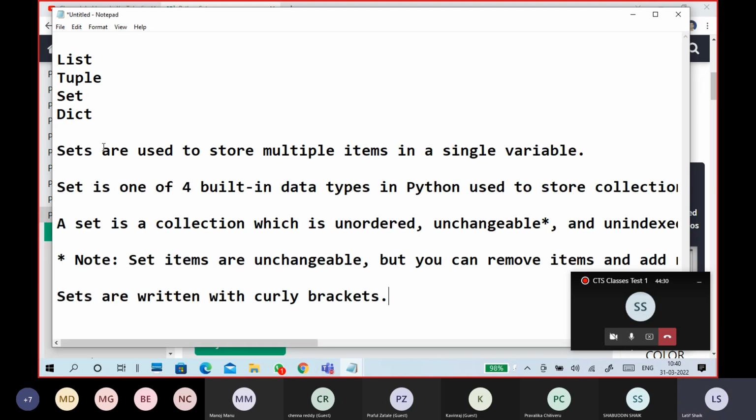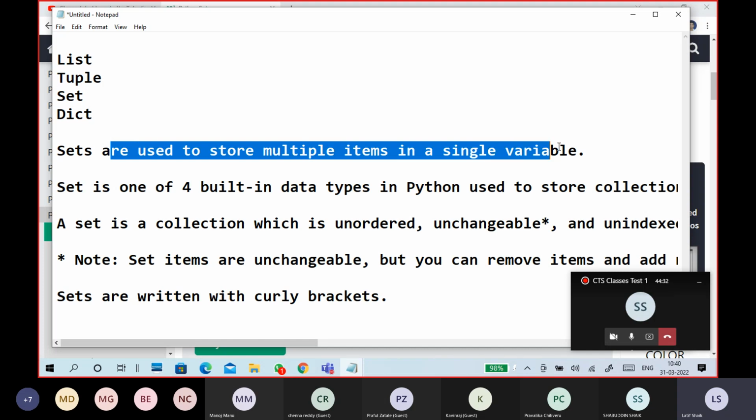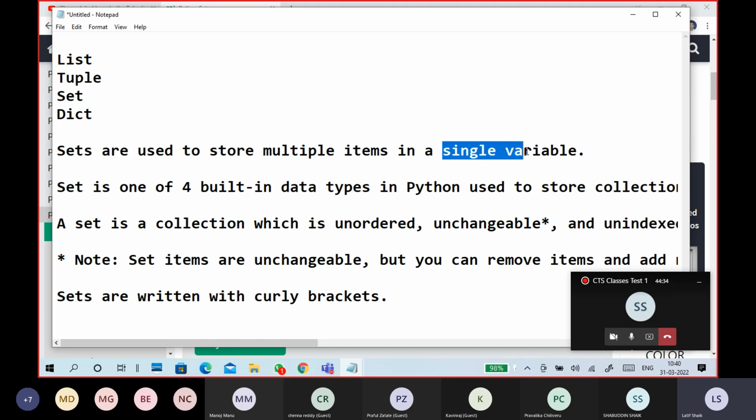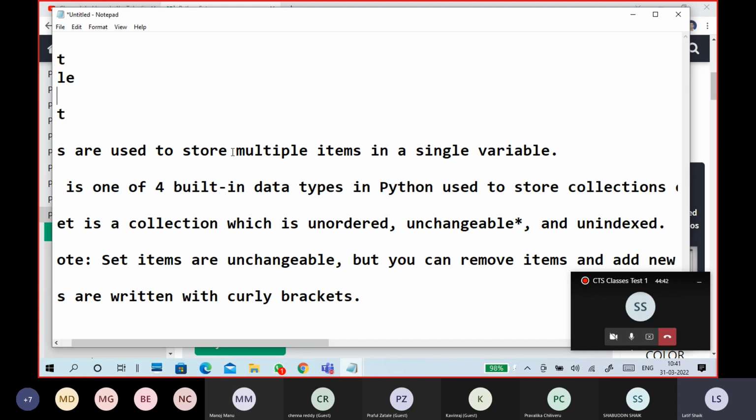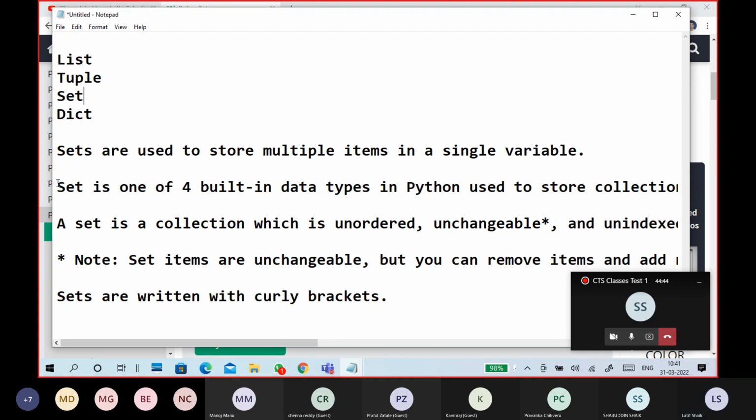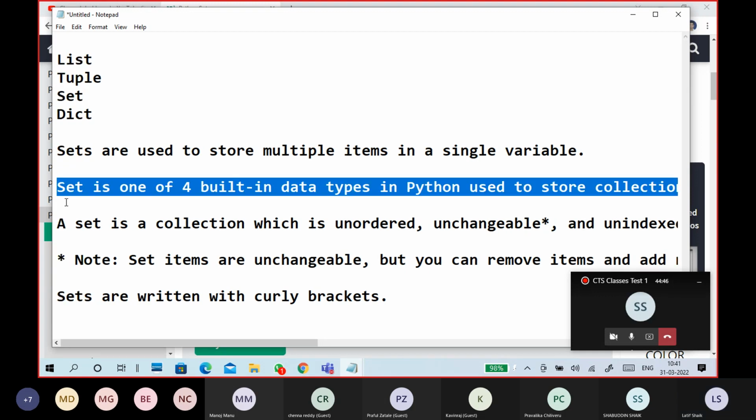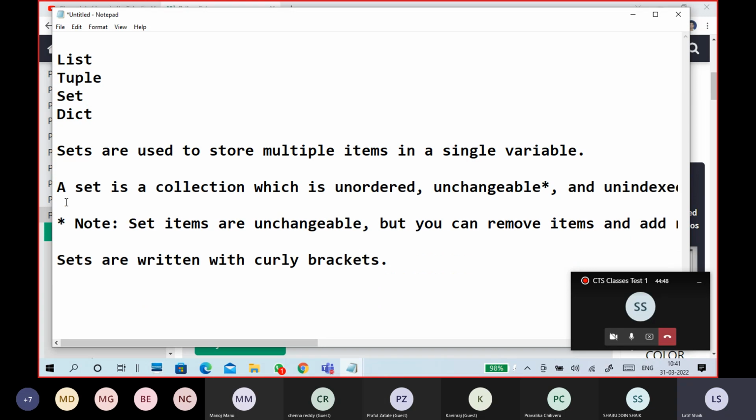Okay. So again, sets are used to store multiple items in a single variable. So list, tuple, set, you can store multiple items in a single variable. That statement is given. Along with the set, there are a few more things. Set is a collection which is unordered, unchangeable, unindexed.